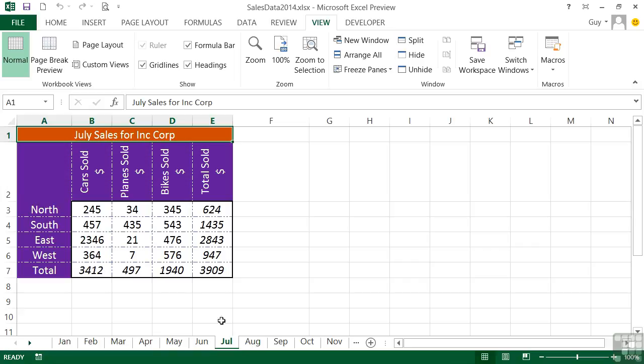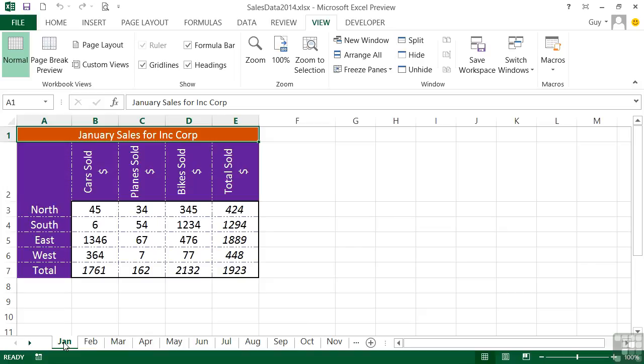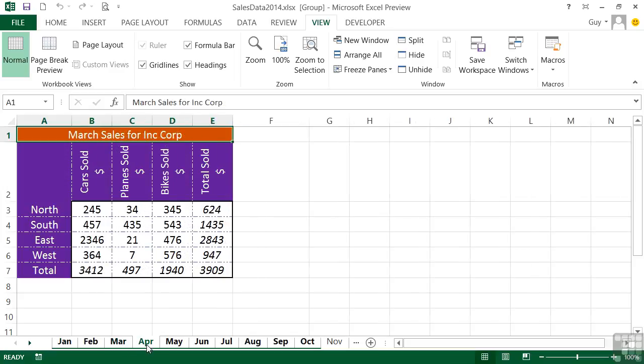Now we can do that in a couple of ways. We can select one worksheet at the tabs at the bottom, then hold down the Control key on the keyboard, and then click and let go each other tab that you wish to add to the selection. So that is a multiple selection of January all the way through to October. The sheet that I'm currently looking at goes green and the rest are black bold, so you can tell which actual sheet you're looking at, but any changes you now make will happen to all